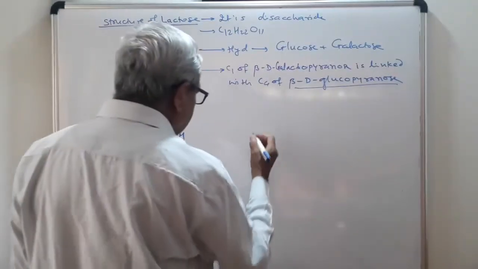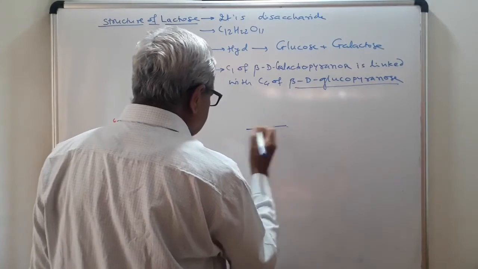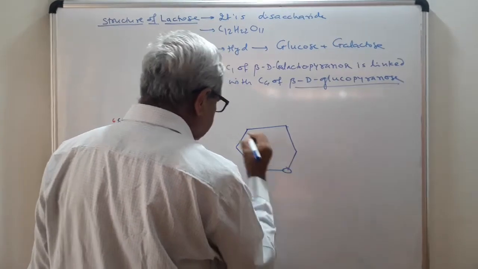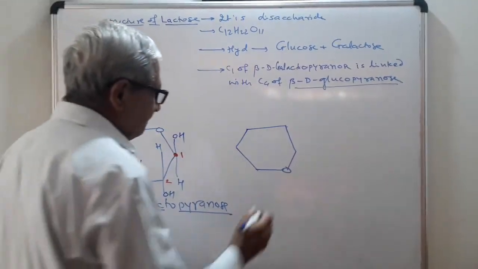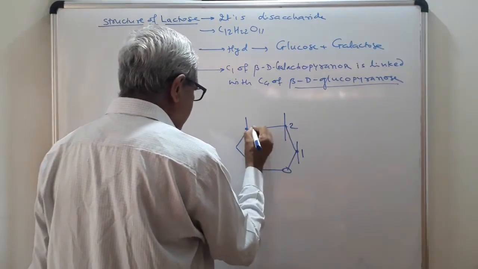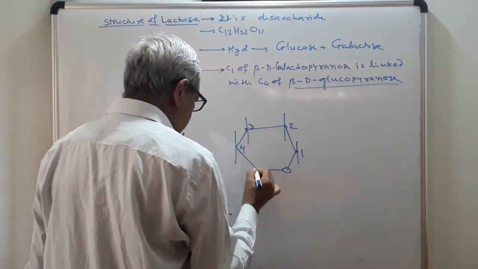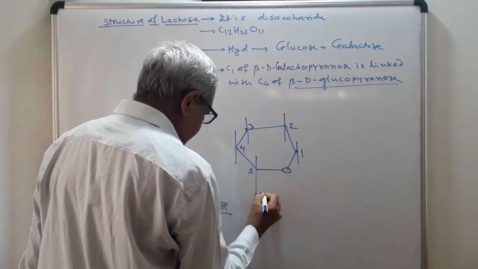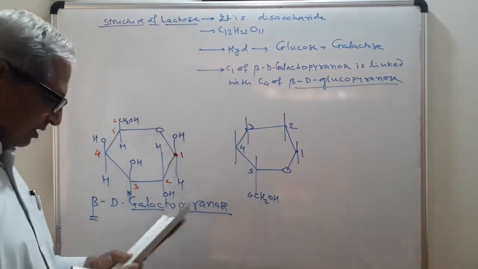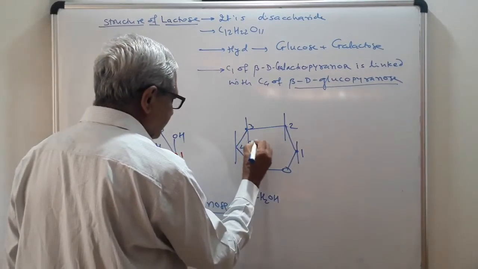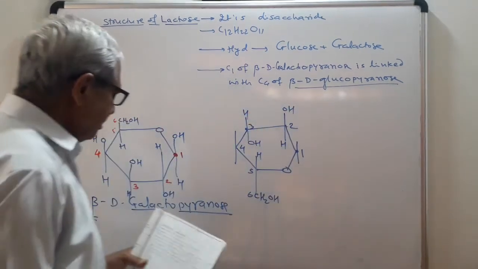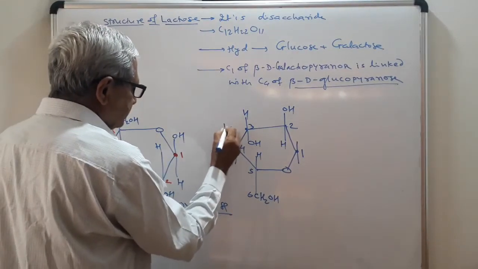Now see, we can draw in the reverse direction. In this case, we will take the mirror image of that one. Here is the oxygen. Now we will start carbon number 1 here. 1, this is your anomeric carbon. 2, 3, 4, 5, and CH2OH. This is carbon number 6. In this case, the carbon number 3 OH is inside the ring. Hydrogen must be here, hydrogen must be here, therefore OH, here H. Now see, in this case, carbon number 4 OH group is at the top, H.